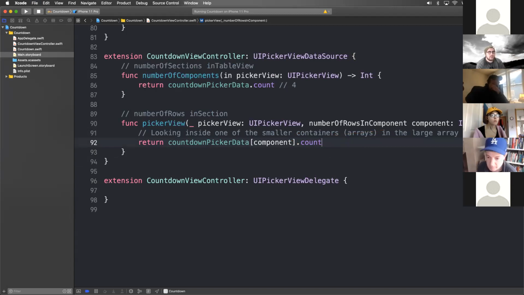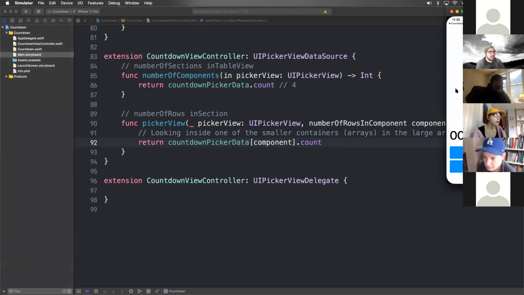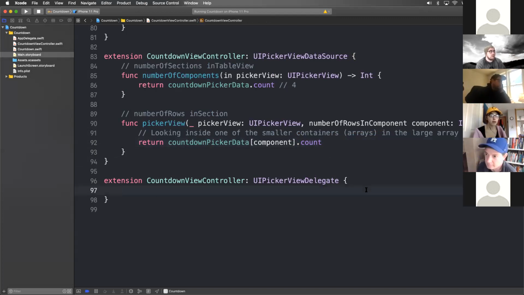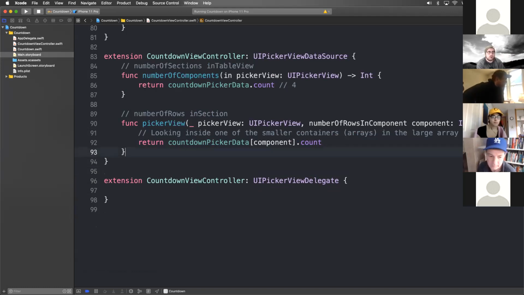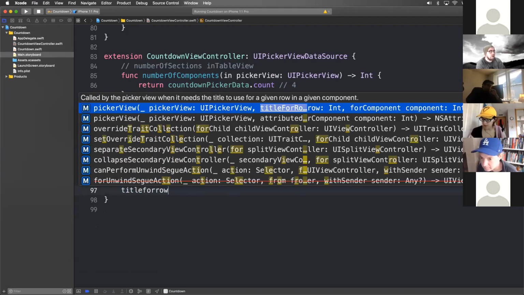Do we feel okay with that? So now we've told the picker view we need 4 sections here, and we need X amount of rows in each component, or in each section. We haven't told it quite what it needs to look like though. This is where the picker view differs a little bit from the table view, where in a table view you'd have the cell for row at, and it's part of the data source protocol. For a picker view, that parallel to a table view is actually part of the picker view delegate. And it is the title for row,